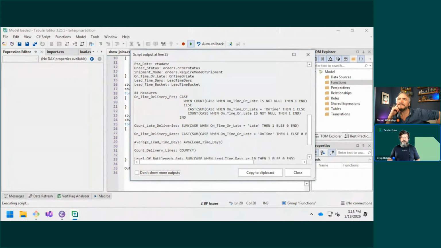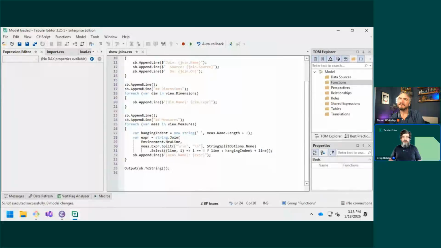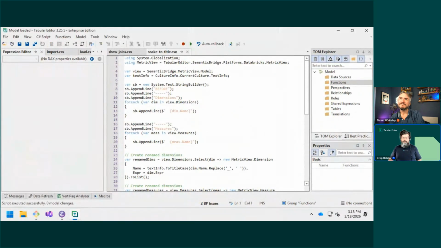One thing that you might notice though is the naming convention here. We've got underscores, and underscores are great, but for me, I want to take those out and I want to change all of these to space separated names. And so what we've got is the entire metric view available, like I said, as an object model here. So we can run any C# script. The things that you might be used to doing with Tabular Editor for a tabular model, you can do with a metric view now as well. So we've got not just the import, but all of this ability to operate on the metric view